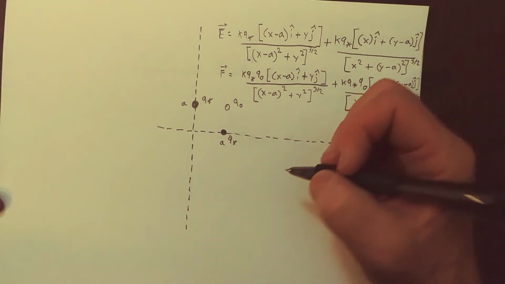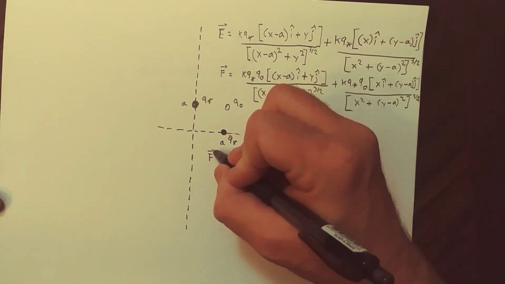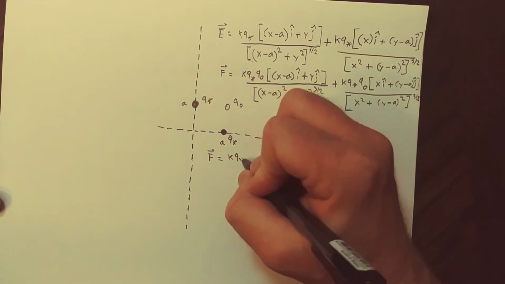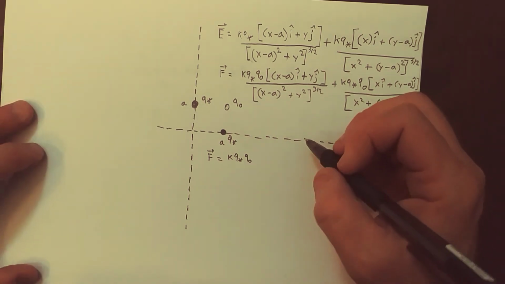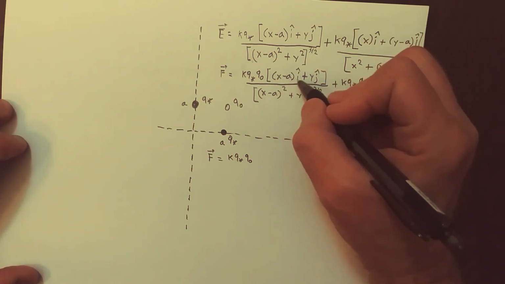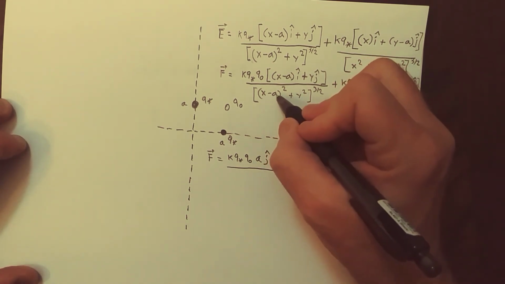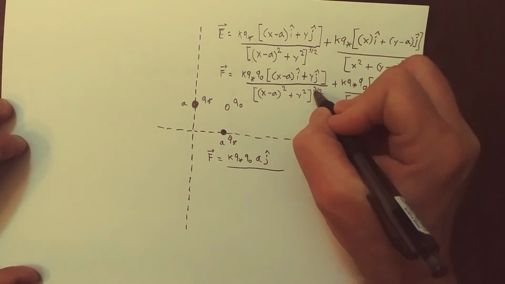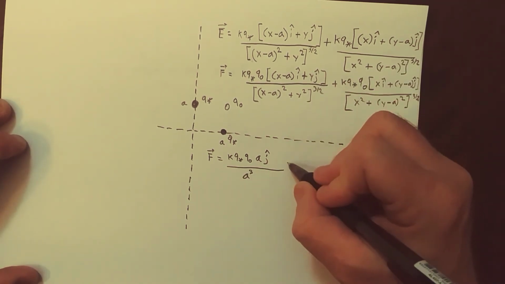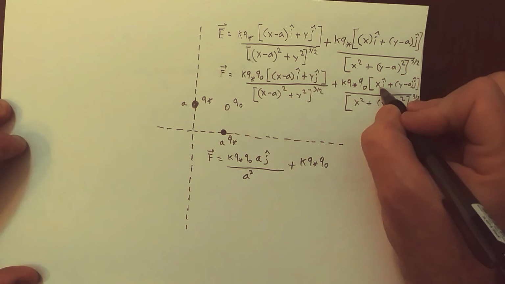And we want to evaluate this at x equals a, y equals a, and that gives us a force which is k q star q naught times, since x is a, this term disappears, and y is equal to a, so we have a j hat here over x is a, so this whole thing is 0, and y is a, so we get a squared to the 3/2, we get a cubed here, plus k q star q naught times